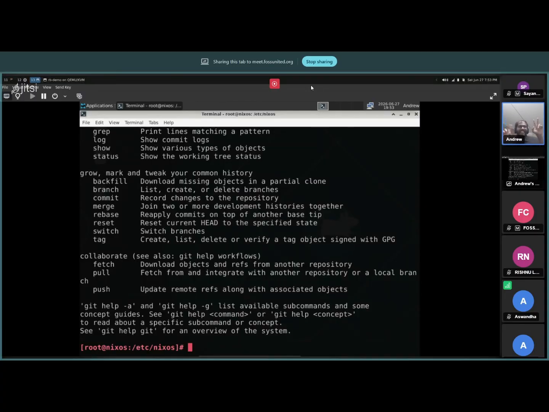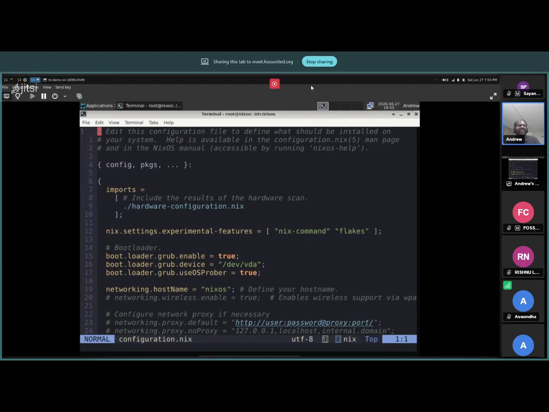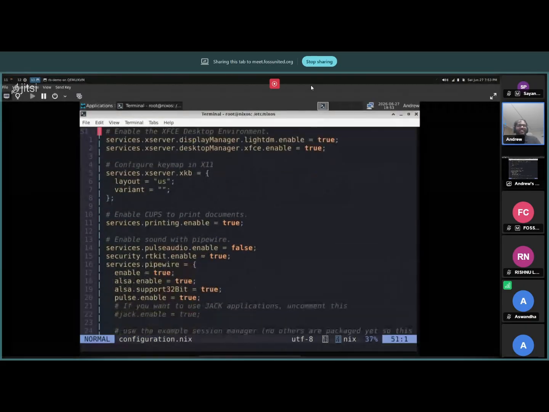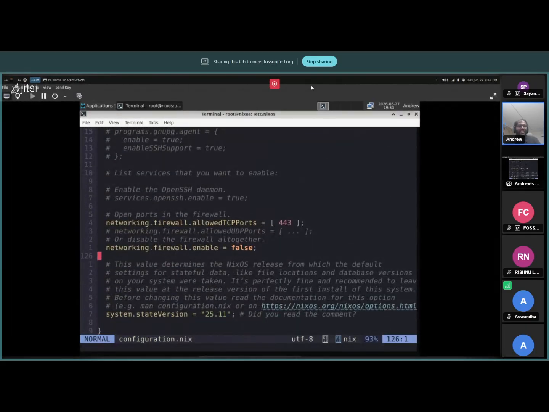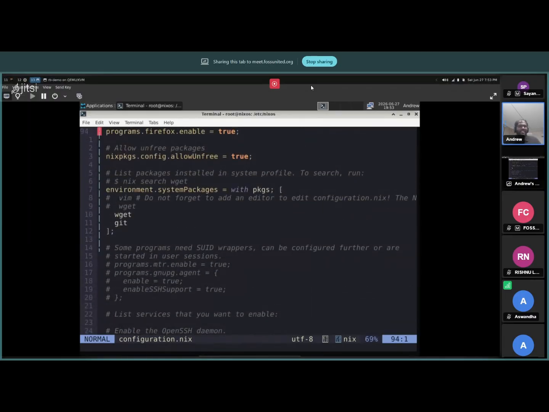So this is how you install. Again, this is not generally installing. That idea is not the same in NixOS. You basically declare that I have Git in my system, and then Nix will give you an OS with Git. So you are basically creating a new Linux distro for yourself. That's basically what is happening.